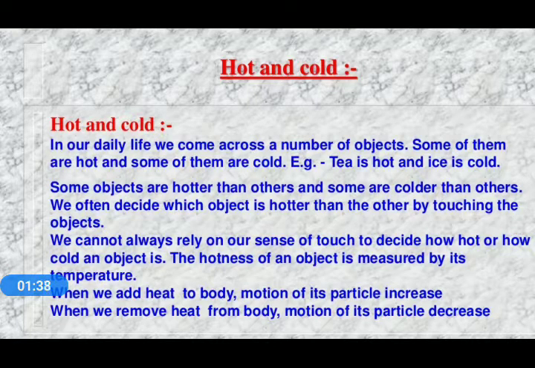If we put our left hand into mug B, then we identify it is cold water. But when we take out both hands and put both hands into mug C, we cannot say exactly whether it is hot or cold. We get a mixed feeling. From that activity we conclude that the sense of touch method is not always reliable.